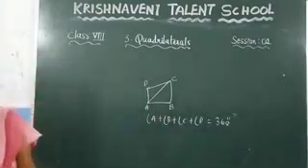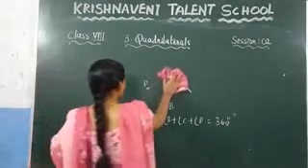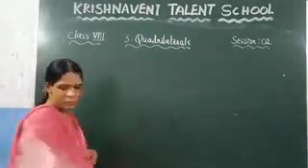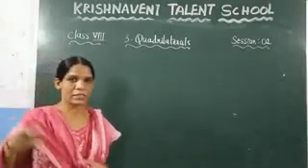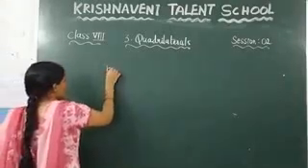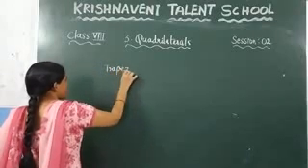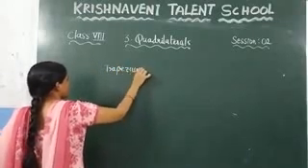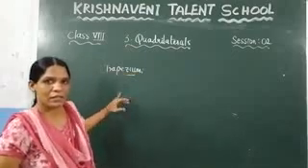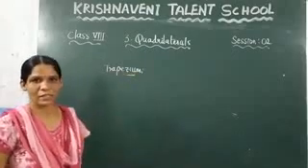And after that we discussed the types of quadrilateral, right? So how many types did we discuss? Six types of quadrilateral we discussed. In that, the first one is the trapezium. So what is meant by the trapezium? If one pair of sides are parallel in a quadrilateral, we call it a trapezium.